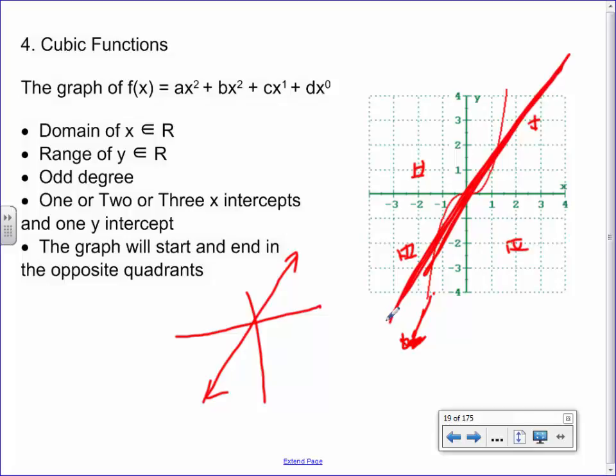Does that make sense? The only difference is linear is literally straight, whereas cubic has this little like ability to make a flip in the middle. It needs that flip in the middle so there can be possibly 1, 2, 3 intercepts. People follow that? So in terms of properties then, every x and every y is valid, and it could have 1, 2, or 3 x-intercepts. Let's show you some examples